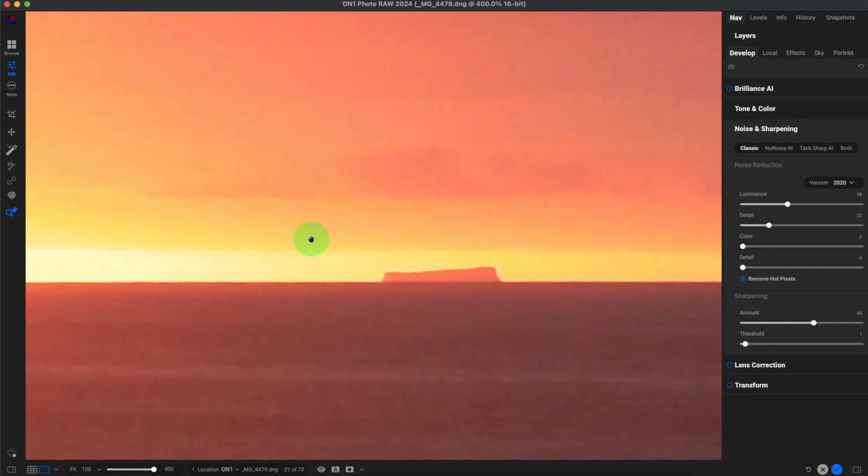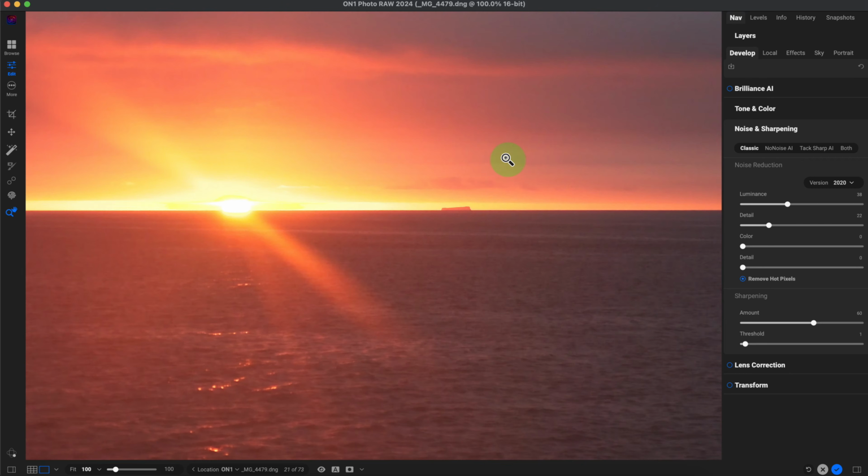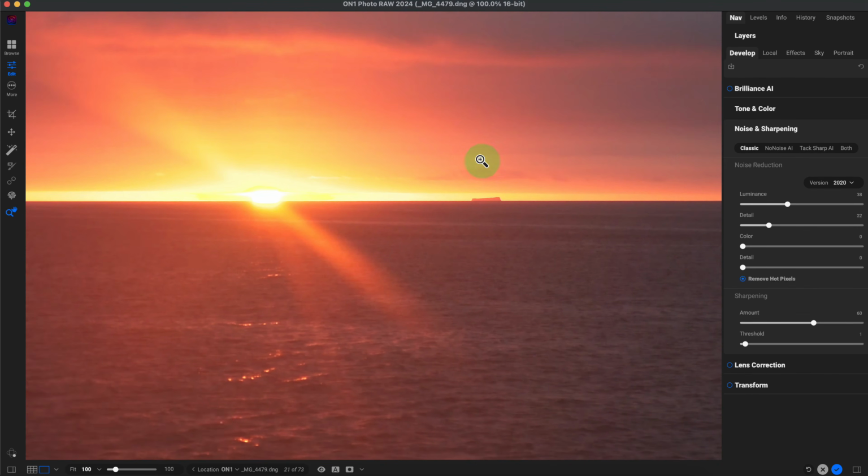Before and after. I can also use the keyboard shortcut, the backslash, to see the before, and I'll depress it to see the after. Now, this image still looks pretty soft. There's a better way in ON1 Photo RAW for noise reduction and sharpening, and that's by using No Noise AI and Tack Sharp AI. And the best way for me to demonstrate that is I'm going to just zoom in